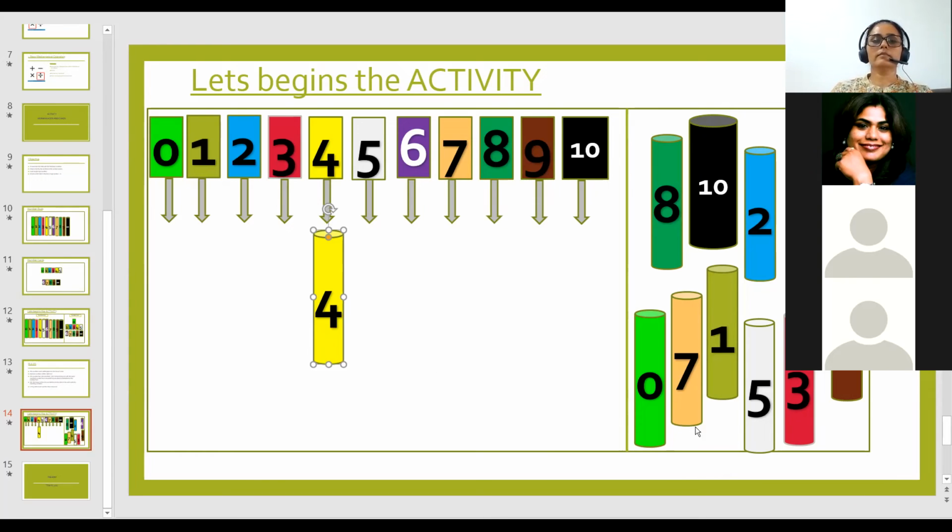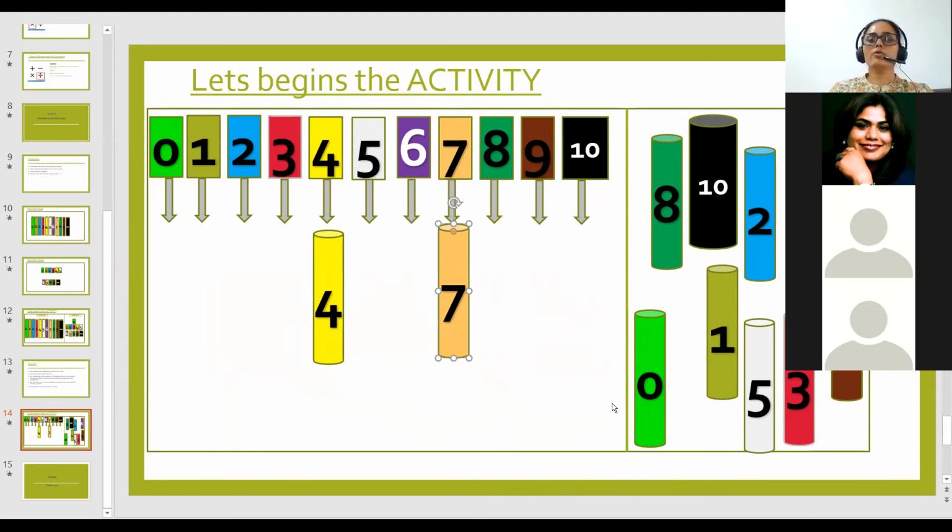Skin color. Peach. Okay, Peach. 7. Where would I drop this? Here? Seven. Peach color. I don't know the number 7. What does it look like? It's on the peach rod. It matches with the peach card. Okay, so here we are learning number identification along with color identifications as well.